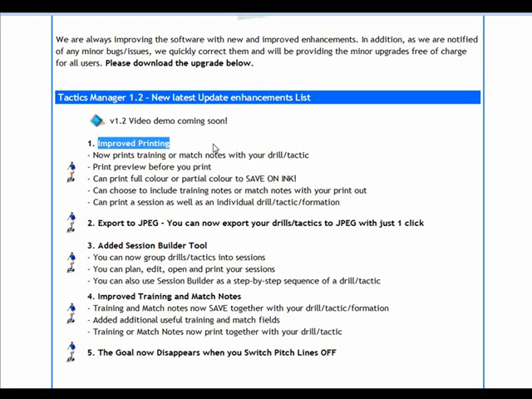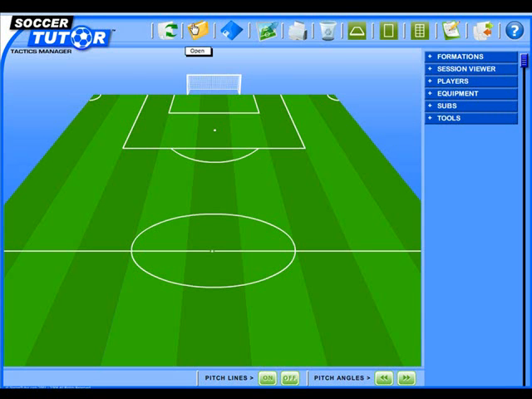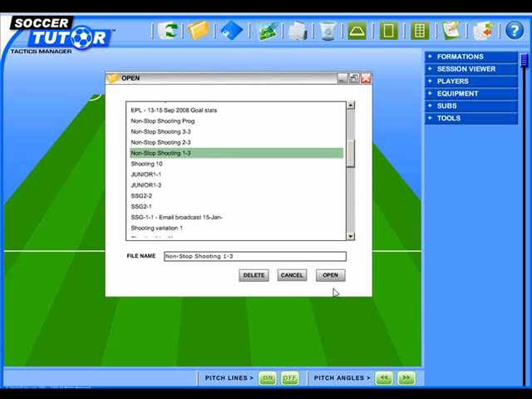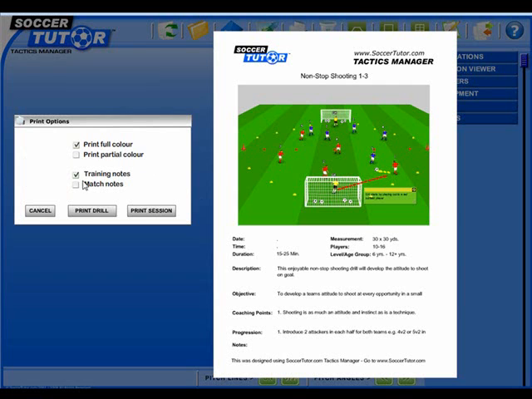We've really focused on the printing aspect. Included is that you can now print your training or match notes with your drill tactic. So let's just show you here. Just bring up one of the drills. Choose that one. Okay, so now if you go ahead and press the print button at the top, you can